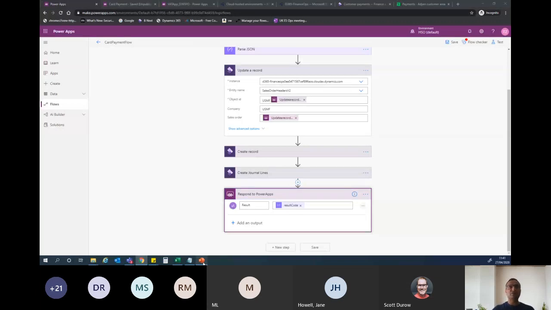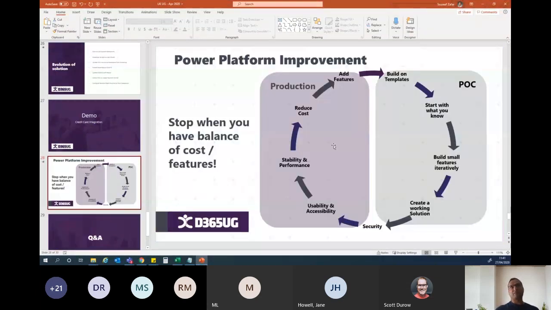So my last slide before we go into the questions and answers is this bit, which I want to talk about. This is our experience. This is what we have put together, and we think it works. So basically, every time we have a requirement where we think we can build an app, we go and create a POC for it. And POC means a quick and dirty implementation to prove the point. Is it possible? Going back to the credit card app, for example, can I authorize a payment using Power Automate? That's my first thing. And if I can do that, I've proven the concept, conceptually it is possible. Then you can go into